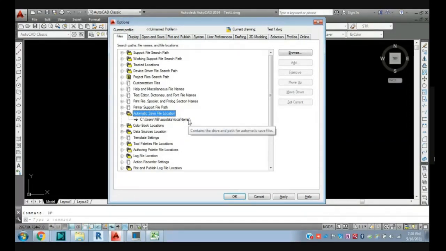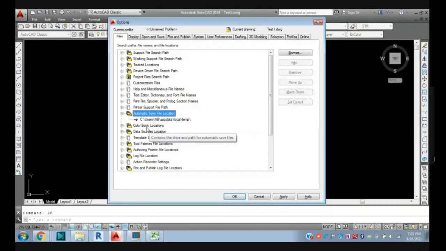So if you are working on a certain file and you got some error or your drawing hangs and you have to close AutoCAD without saving, just assume, you can get the updated file from here, a backup file, you can also say backup file.